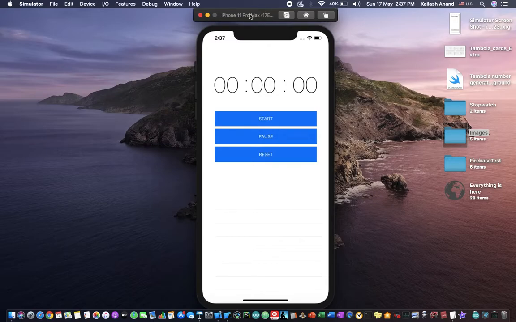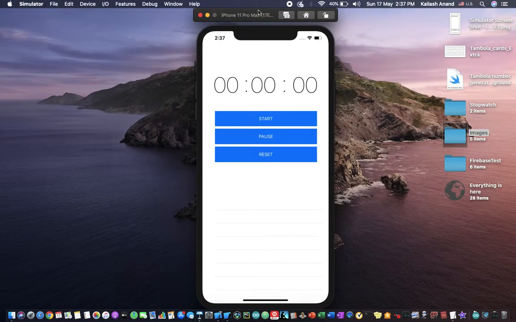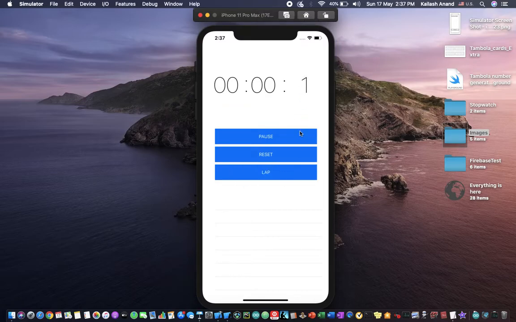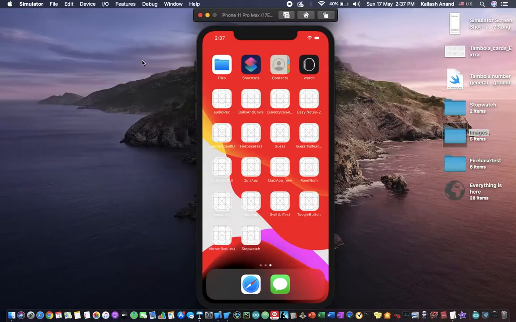I made a stopwatch video and showed you how you can make a stopwatch. I tried to replicate the code and everything. This is the closest I could actually get to it, but it doesn't matter. So you hit start and then it starts, and then we actually wanted a zero back here, and all of this we're not going to deal with. We're only going to be dealing with